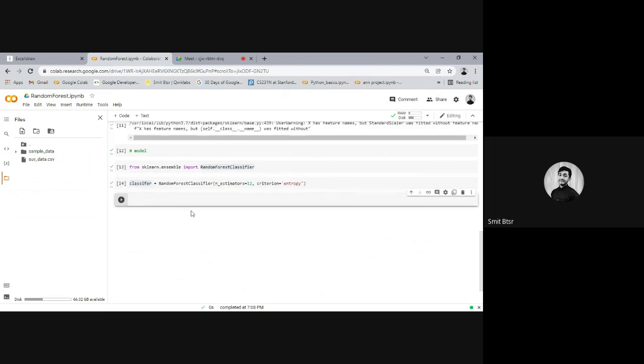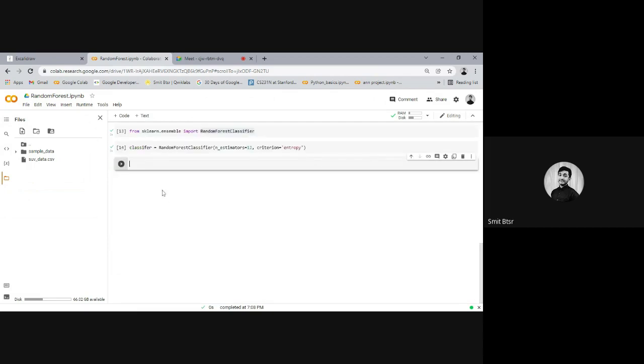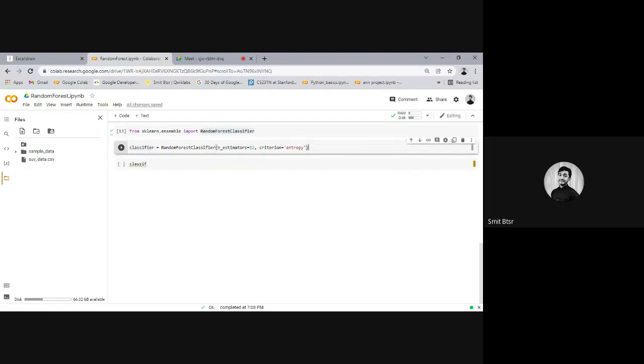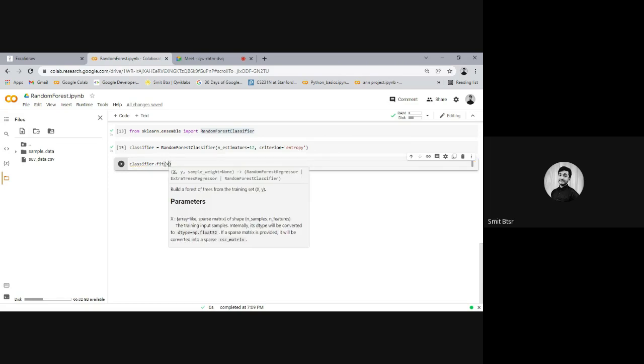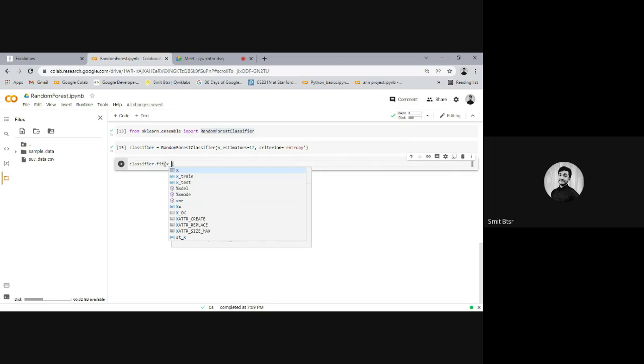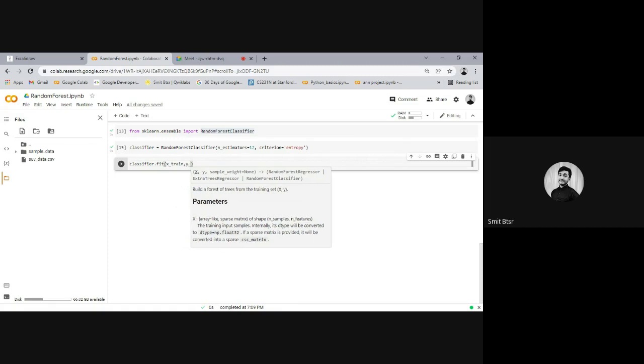Now we want to fit this classifier to our training data, right? We can do that using classifier.fit. Fit is the method to train the model. For training, we give it the training data, X_train and y_train, because this is supervised, so we also give the training target data as well. When we run it,